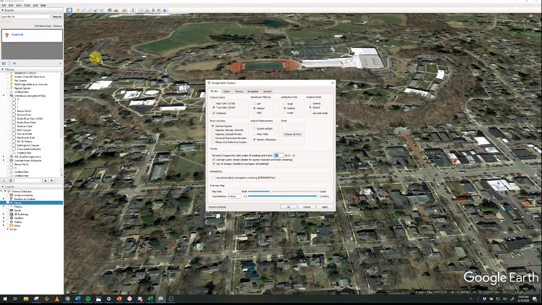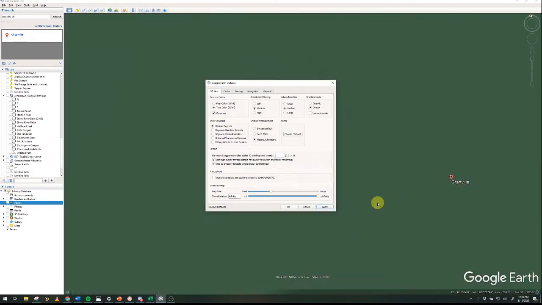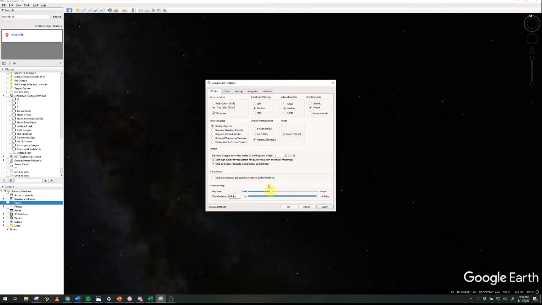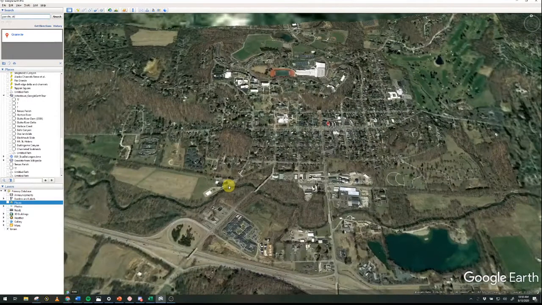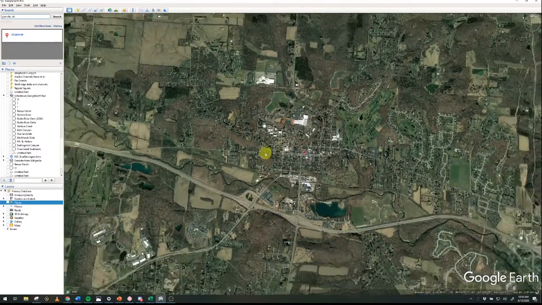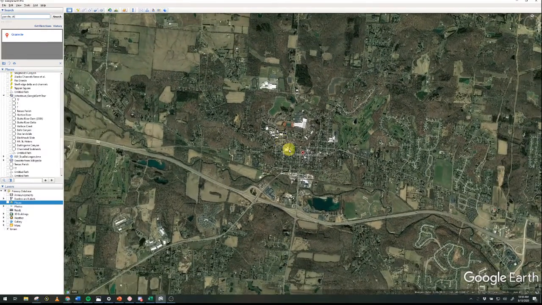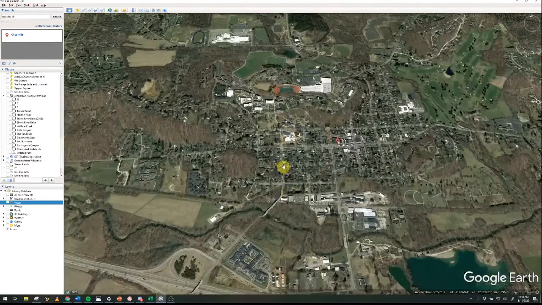and Options. And what we're going to change here is the elevation exaggeration within the terrain options. Change it to 2. I'll hit apply. It's going to change even what we're seeing. Whoop. Let's go back to Granville. I'll say OK. When you change the vertical exaggeration, sometimes it will